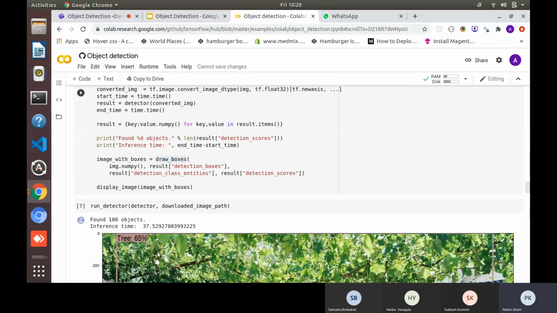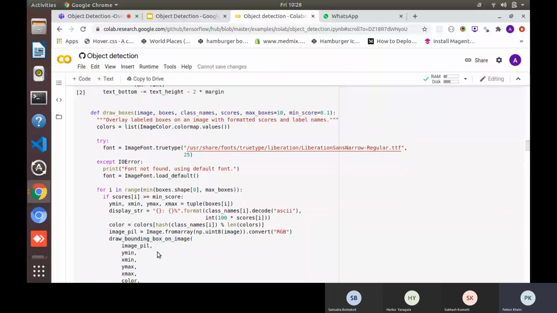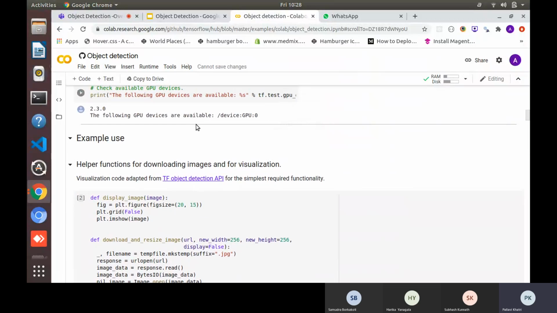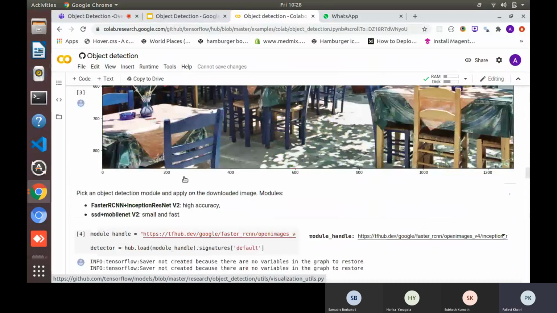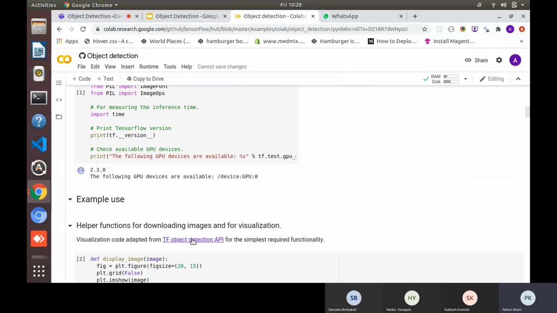So this is basically how I'm loading the model and then reusing it. The link for this notebook is there in the PPT. I'll share this PPT. Now there is something called the TensorFlow Object Detection API. So what we can do is download these models and train or customize them according to us. If you see here, these are trained for some specific objects. Now, if I want to train it for my use case, I can download them and use this Object Detection API in order to train them for my use case. So all the instructions and things will be there.